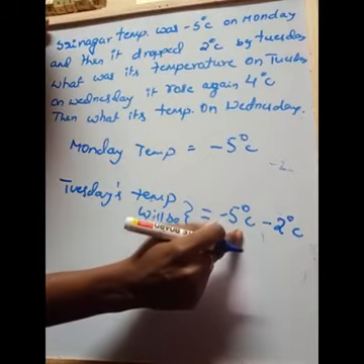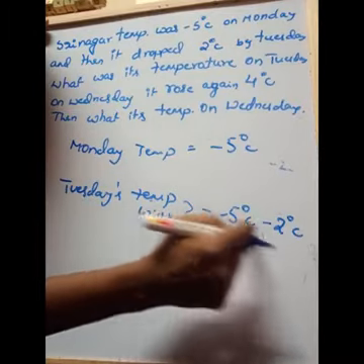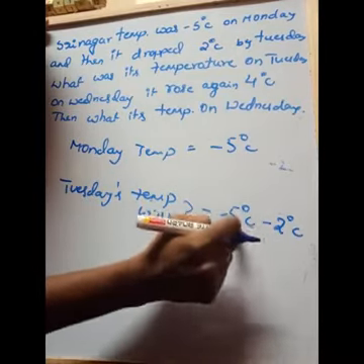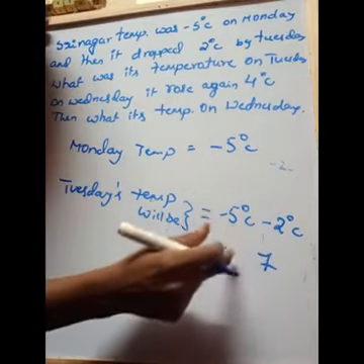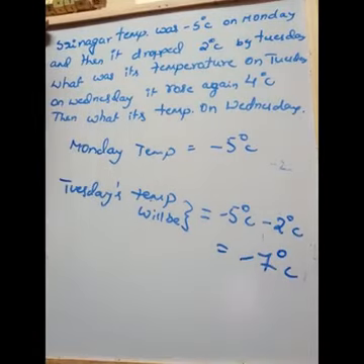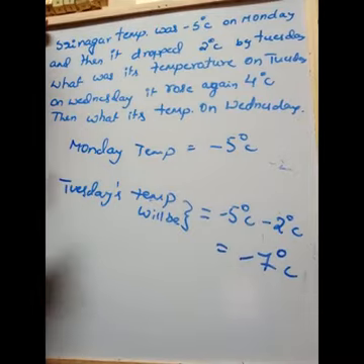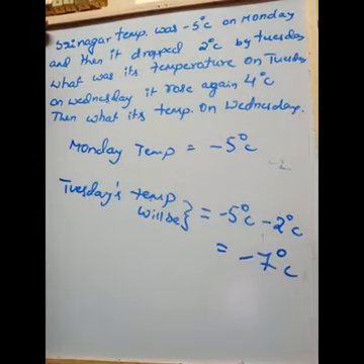Both are negative numbers. Recall the properties which I discussed in the last video. Minus, minus, same signs are there. Add the values. So 5 plus 2, 7. And what will be the sign? Minus, minus, so the answer is also minus. So minus 7 degrees is Tuesday's temperature. But on Wednesday, what happened? It rose by 4 degrees. Rose is just a positive sense. It rises up to 4 degrees. Rising is a positive sense.